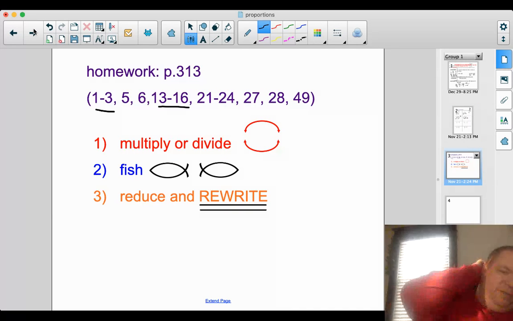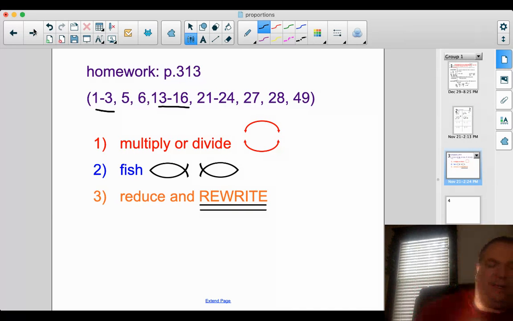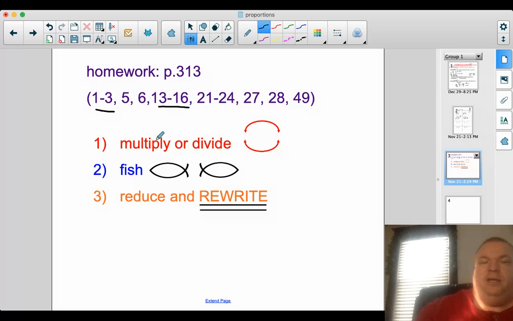Okay, so here's our homework. We're going to be practicing some of that. Remember, there's a couple different ways to do it. You can just think about rewriting it like it's an equivalent fraction by multiplying or dividing. You have to multiply or divide the top and bottom by the same thing. So you can do it that way, or you can do the fish method where you